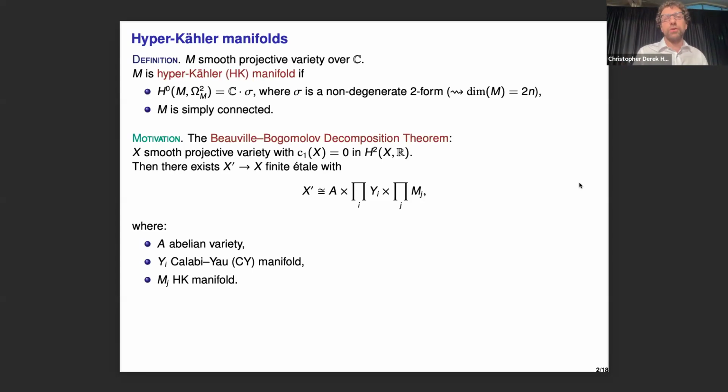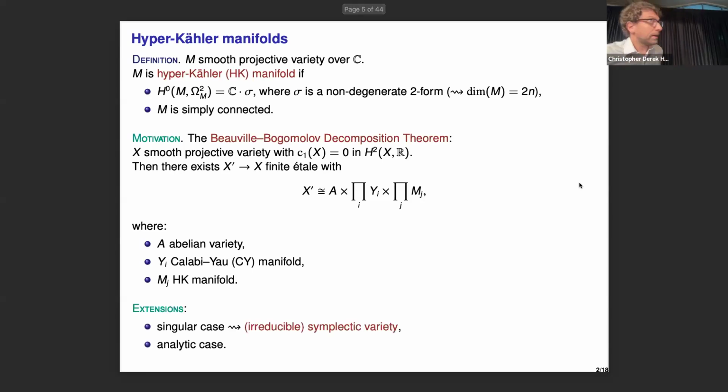So we're aiming at classification of varieties with these properties, and somehow we just classify one piece of it. And what it means to classify, we need to know two things. First of all, we need to construct them, and this turned out to be a very difficult problem actually. And we want to classify in the sense that we want to know up to deformations. For example, if I fix the dimension, are there only finitely many deformation types? Okay, so that's some general questions that we want to answer.